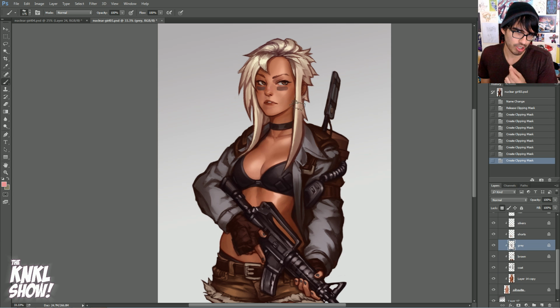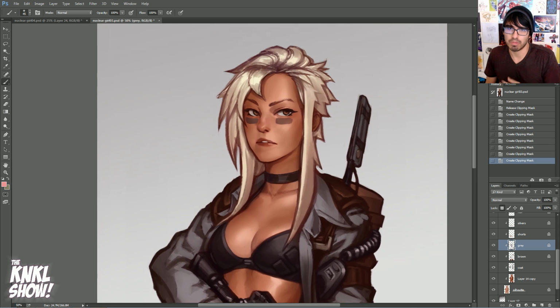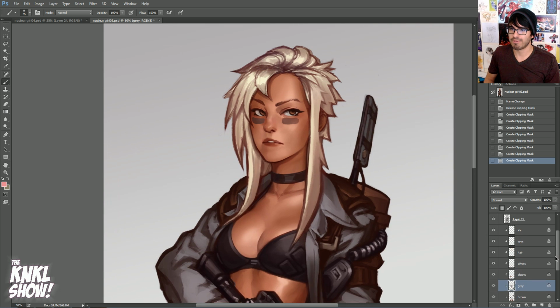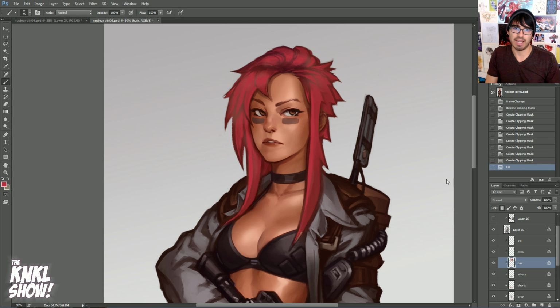Okay, so you've done that. You've separated out all your elements. You've separated out all your colors. Now the next cool part happens. Let's say, just for the sake of argument, that we wanted to change the hair color. Let's say that we originally painted the mask here a dark red, okay? Say we wanted to give her pink hair, okay? Well, because we're awesome,